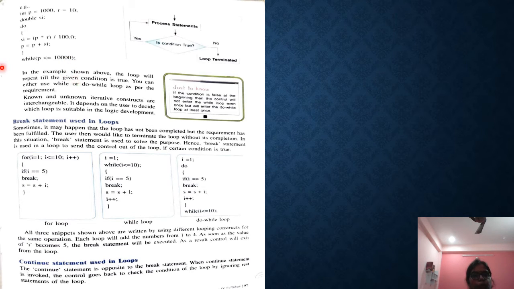Do while works one more time even when the condition becomes false. After the loop body runs, the check condition comes after that. That's why it works one extra time. Okay.